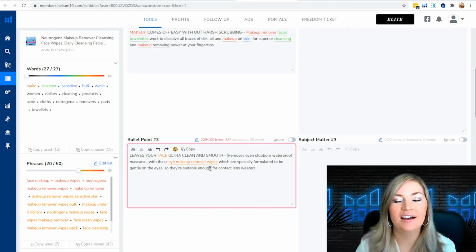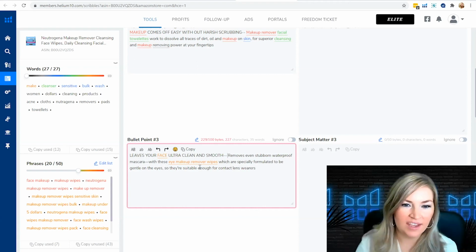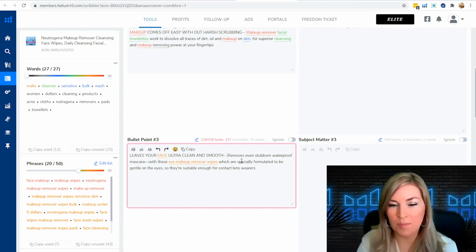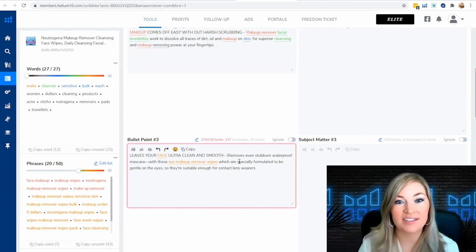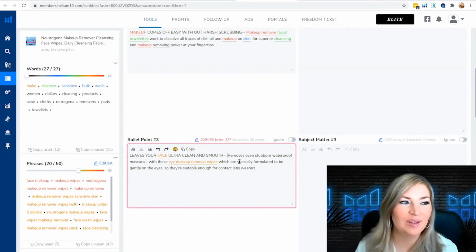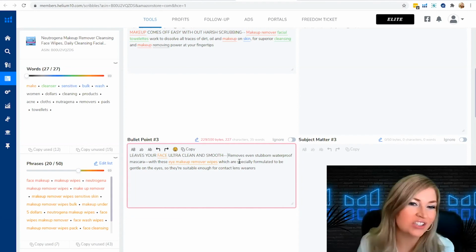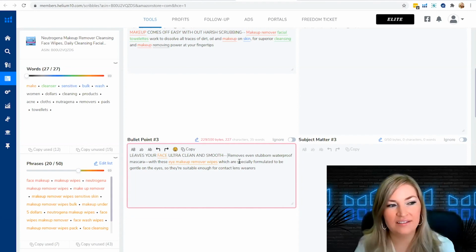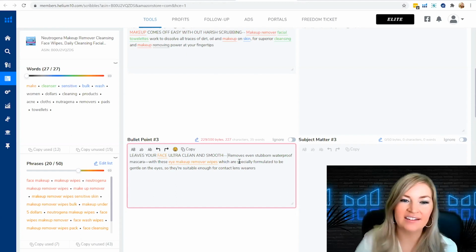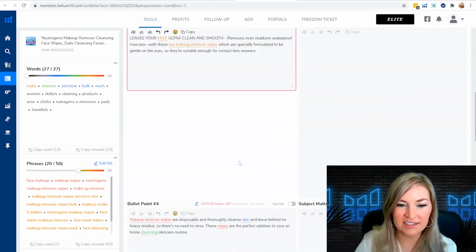Then I can elaborate that idea in the rest of the bullet point with a couple of sentences and explain how it does that. Maybe it has some cool exfoliating power with the texture, or the ingredients are really gentle and leave your skin smooth. So I can just look through the reviews and see how my product is accomplishing that.